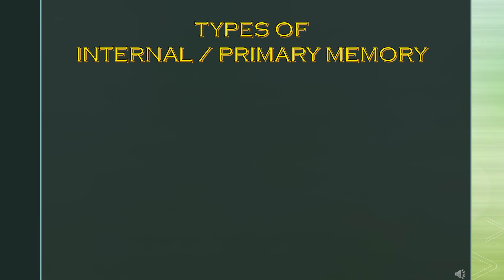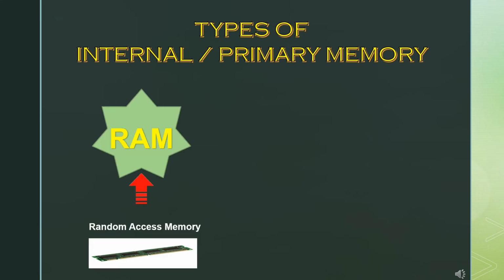It is of two types. First one is RAM, Random Access Memory. The stored information is temporary in nature and it works like a blackboard that can be overwritten with new data. That means you can erase and rewrite again on it. One thing that you need to remember is that the information stored here is lost when you turn off your computer or the power goes off.